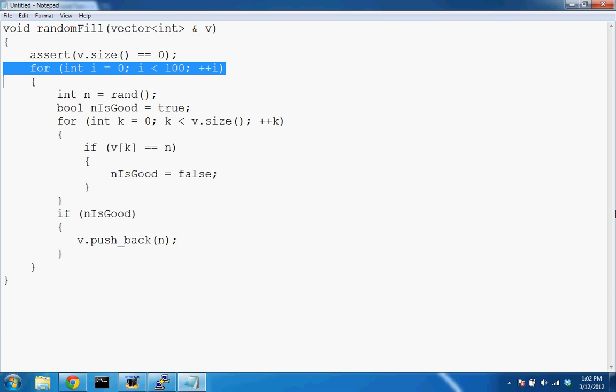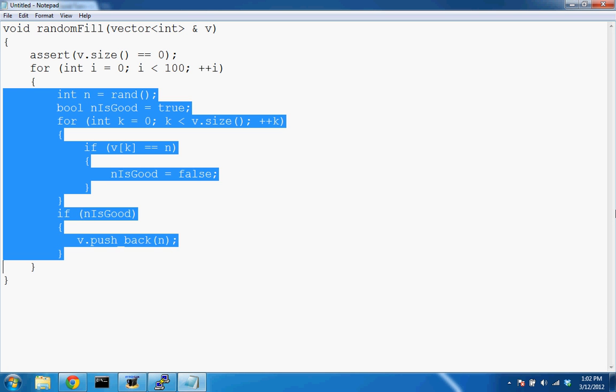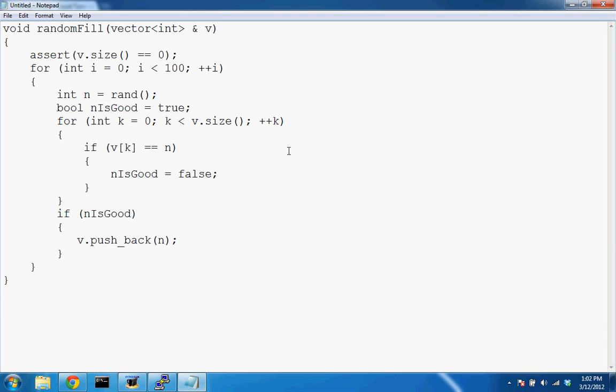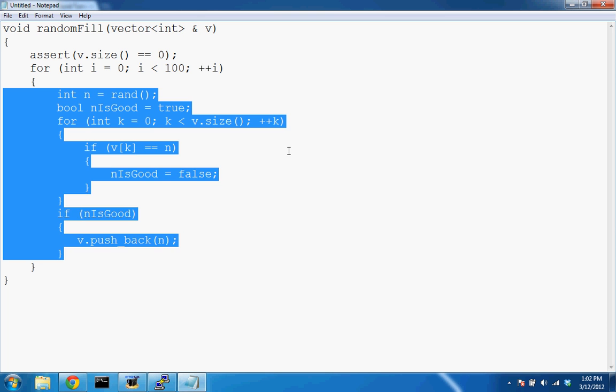This is still a mistake up here, okay? So there's a problem with that. We're not at the end of the problem. But just this piece of code in here, does this reliably add a new random value to the vector at whatever state it's currently in, so that we're not adding the same value? Well, I think that works. Let's suppose that works. So this code here reliably adds a new n, or it does nothing. The problem is when it doesn't add n,